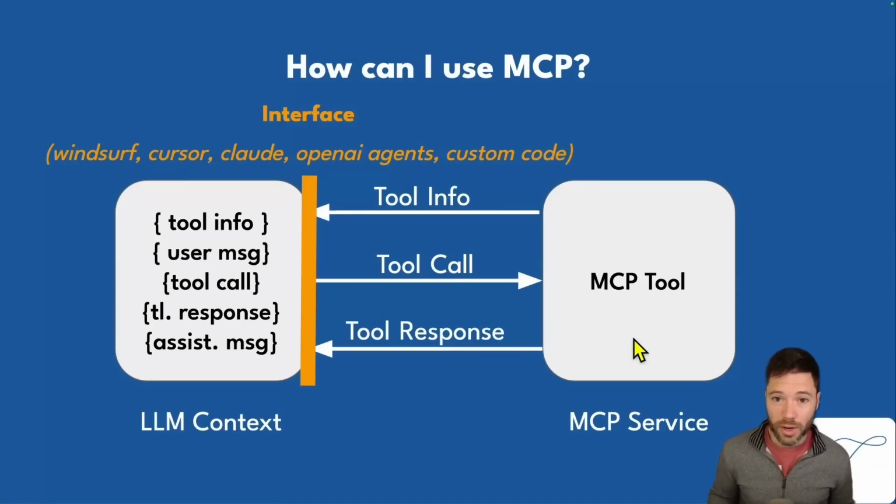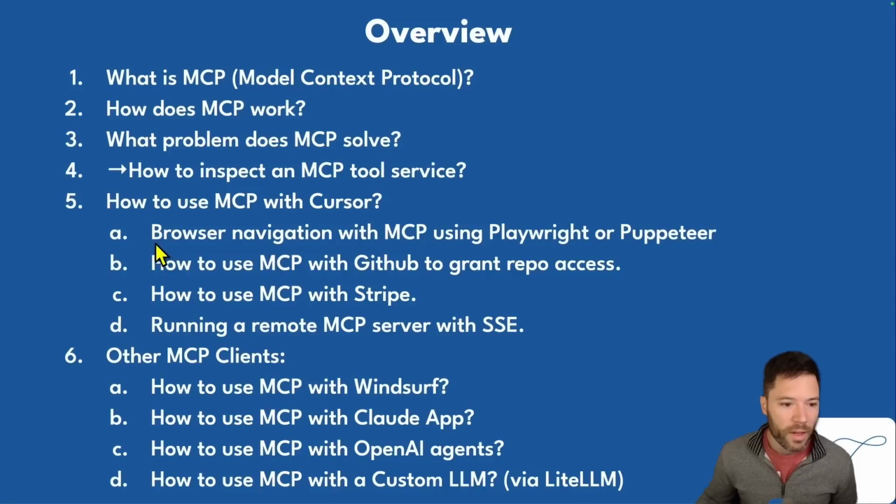I'll also show you a browser navigation service, which allows you to get an LLM to navigate through a browser. And then I'll start to show you how to use MCP with Cursor for specific use cases. So I'll talk about browser navigation. There are some subtle things that do or don't work right now with MCP. I'll talk about how to do GitHub for granting access, Stripe, and I'll show you how to run a remote